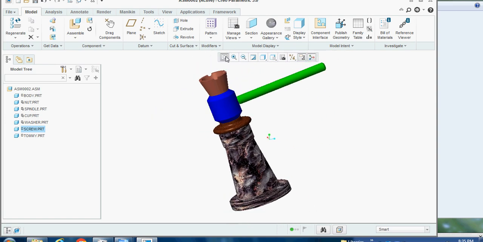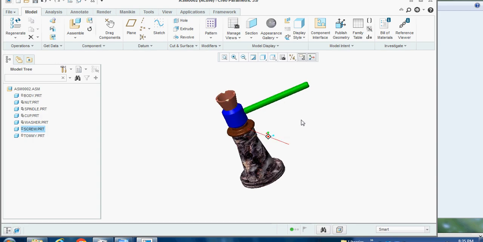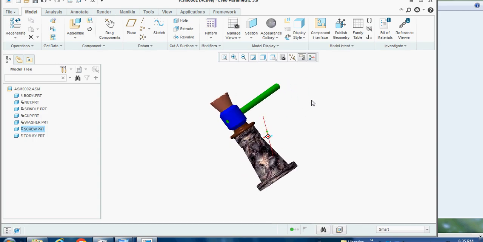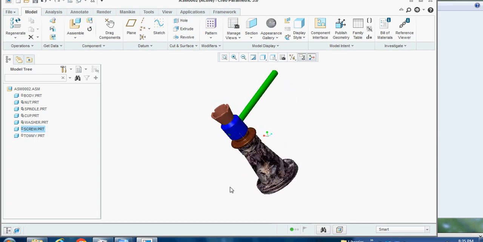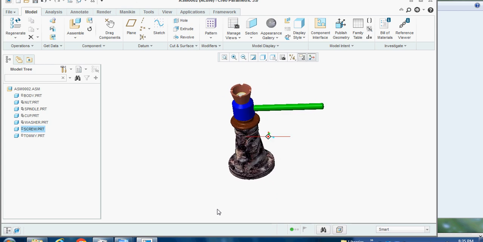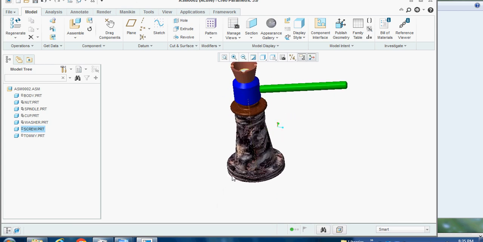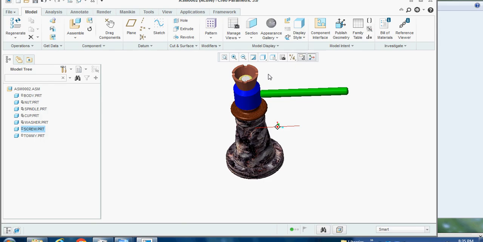We reach it. Change the and disable the axis and